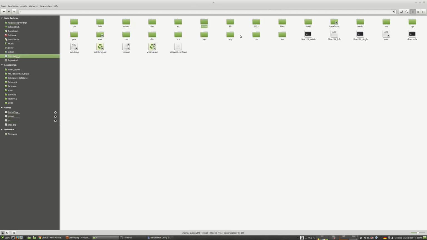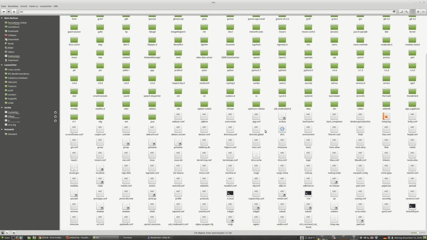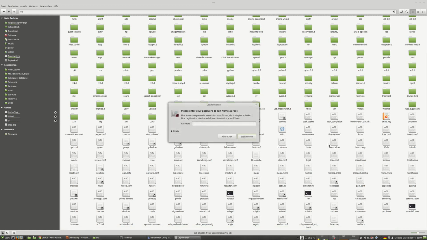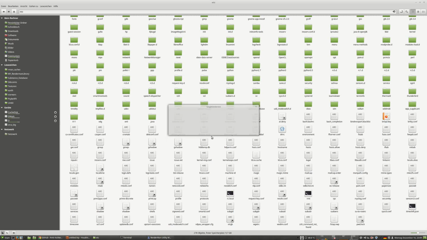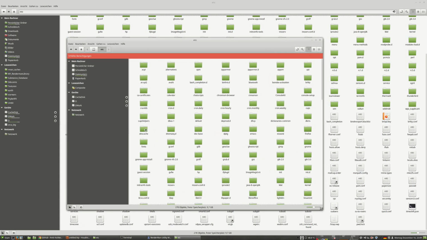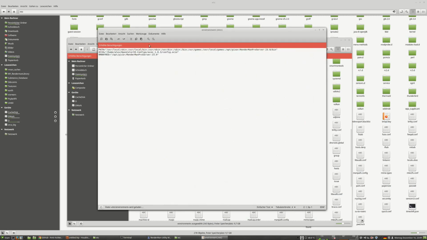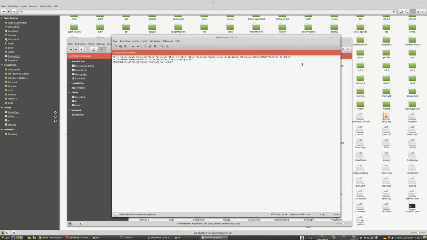When you do this once, it's quite easy. You go to your root folder, to etc, and here you have a file called environment. You open this with root rights, type in your password, so you get a new window with more access rights. And in that file, you need to specify